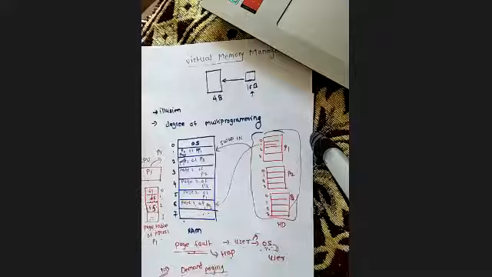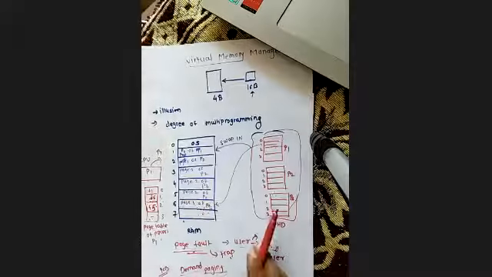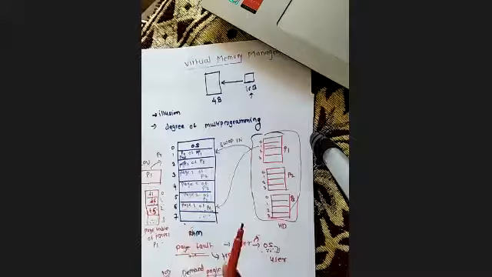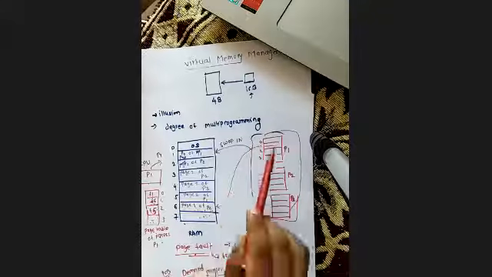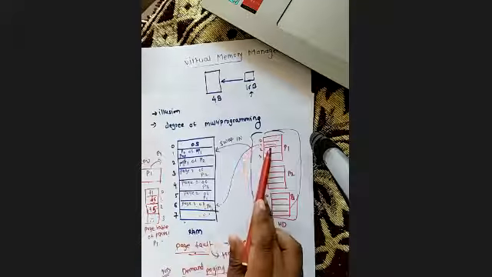Simply दो तीन statements में I will repeat this entire process one more time. Virtual memory will give you the illusion that our entire process is present in the main memory, but actually it is not happening like that. Few pages of that process are only present in the RAM, and the user will feel like our entire process is running here in the RAM. Whatever page we require at the current execution, only those pages we are accessing in the RAM. Because of that, the degree of multi-programming will be increased.